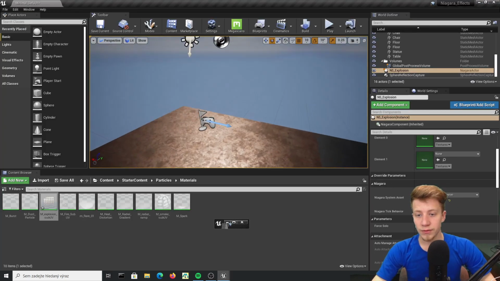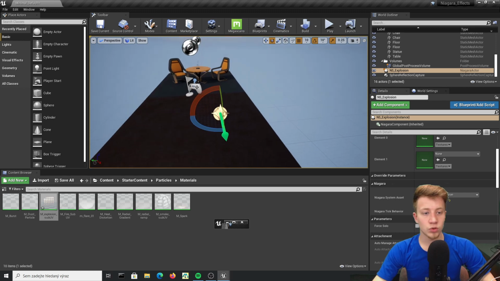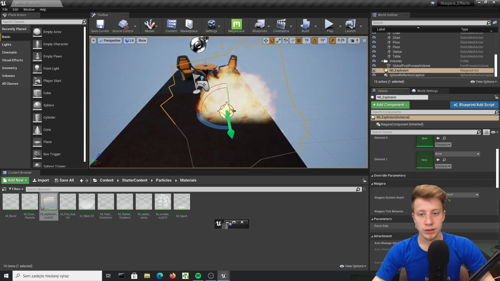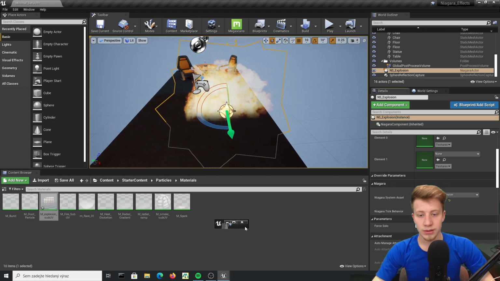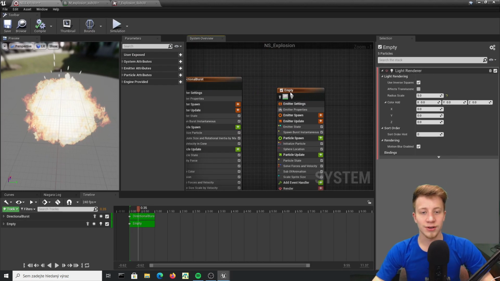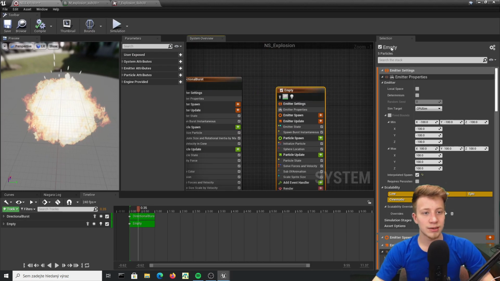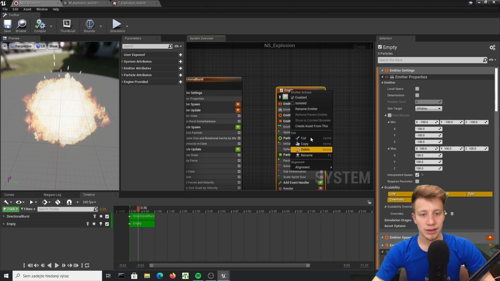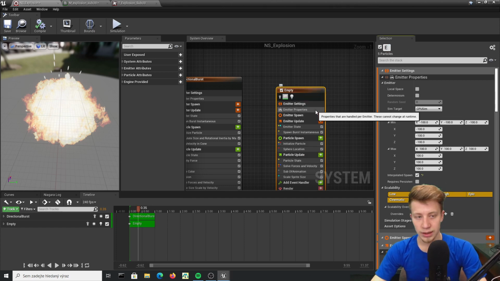But don't worry about that. We will find a way around it, and I will show it to you shortly. So let's see, it looks a bit better, I like it. Oh, and I should have of course renamed it, so click on this empty emitter and right click and rename it to